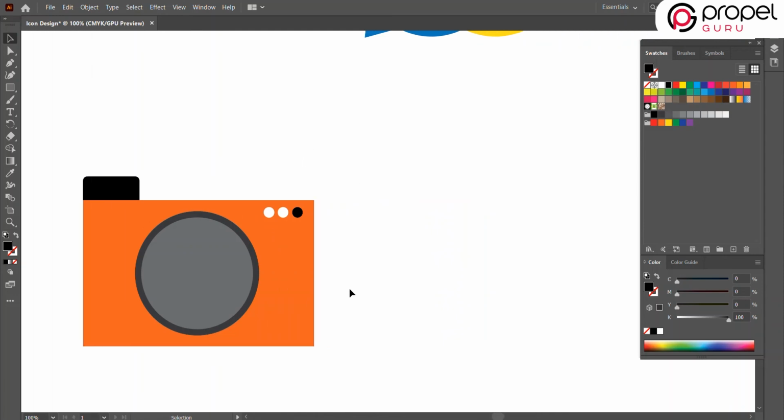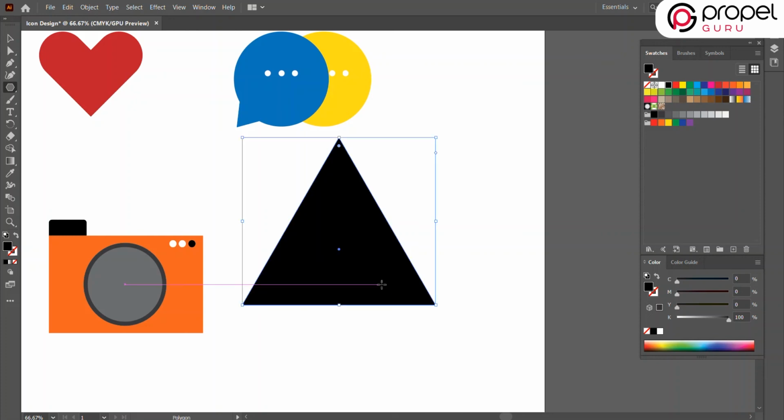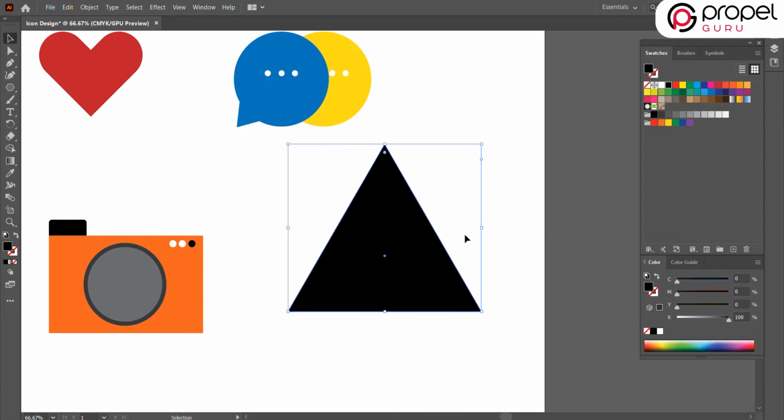Now let's learn to make a house icon. Click on shapes and then select the polygon shape. It is a triangle now, but we can press the up arrow key. The number of sides will increase, as you can see here. For now, I am taking the triangle shape. If we press Shift, it will not move from its place. Press V and move it. Resize and reshape it accordingly. Press Alt and Shift and decrease the size.